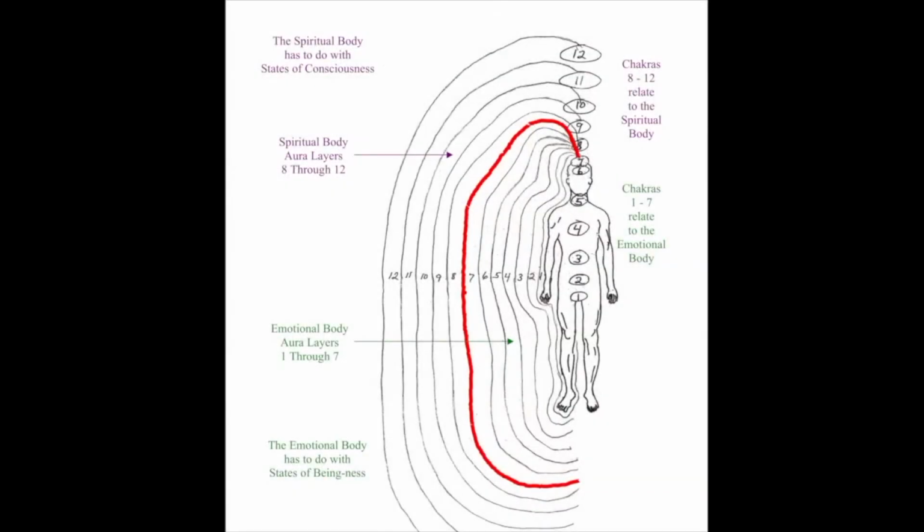We'll get a little bit more into that, but the main thing we want to look at in this class is what each of the layers of the aura are associated with, and also what each of the primary chakras are associated with, and we're going to interconnect that to the 12 dimensions as well. So if you haven't picked up on this already, there's 12 layers in the aura, there's 12 major chakras, and there's 12 dimensions, and they all interrelate.